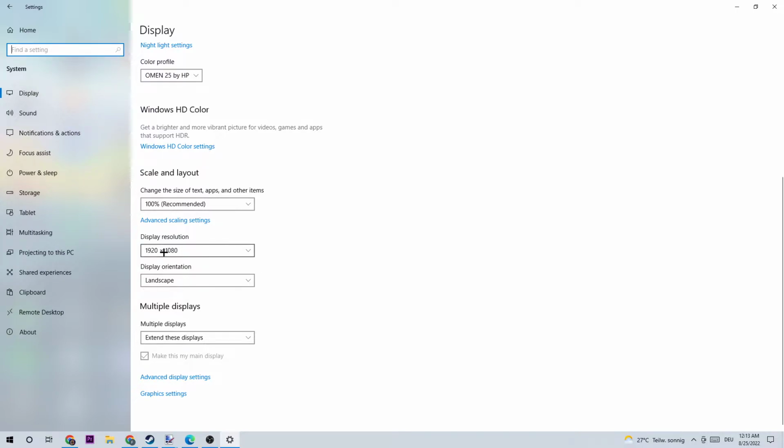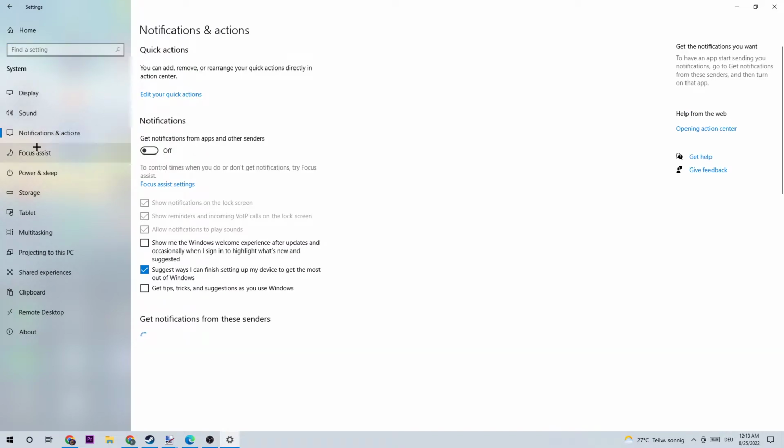Next step is going to be to go to Display resolution and be sure to apply your in-game resolution to your display resolution. For example, if you have in-game 1720 by 1070, you're going to apply this also to your display resolution. Next step is going to be to go to the third one where it says Notifications and actions,